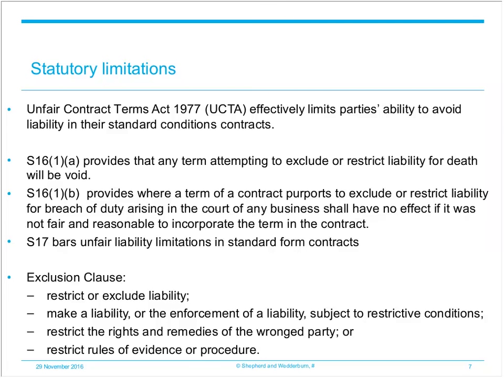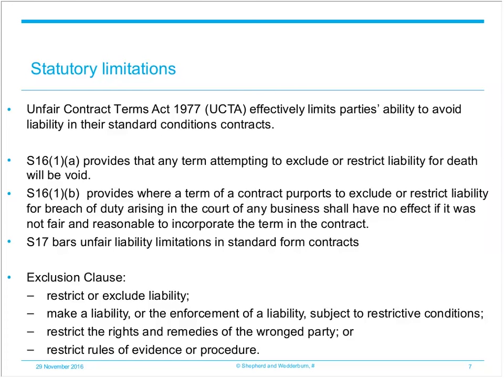And then thirdly, Section 17 specifically bars clauses in standard term contracts which exclude or restrict liability for breach of contract or allow no performance or a different contractual performance to be made unless such a term was fair and